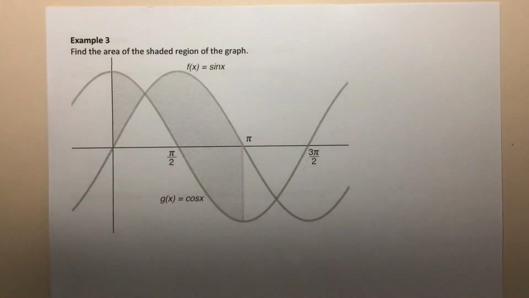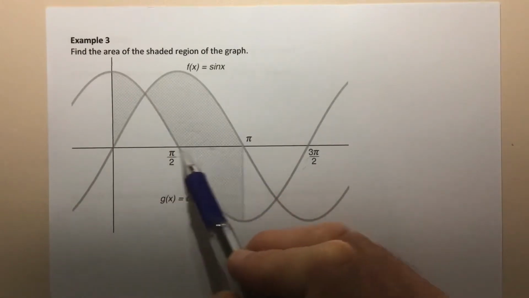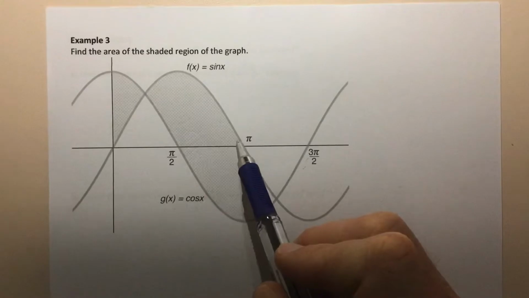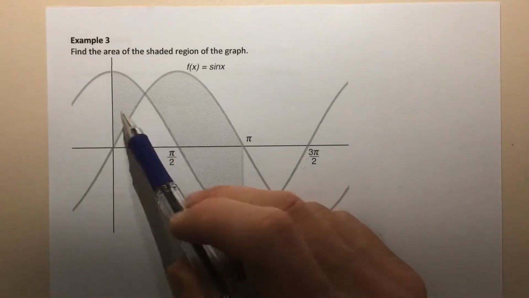Okay, a couple more examples in this video of area between curves. This one we've got a graph where, again, we've got to find a shaded region and it's given to us, but what we might notice in this question is that we've got two graphs and an area where the graphs, somewhere in the interval of area that we're finding, which from the graph looks like 0 to pi, the graphs actually cross over, okay? And if that happens, then what you have to do is evaluate the areas separately, because